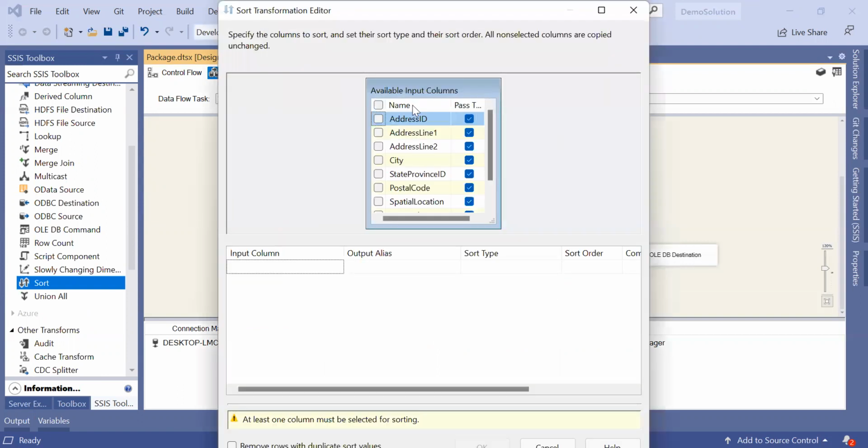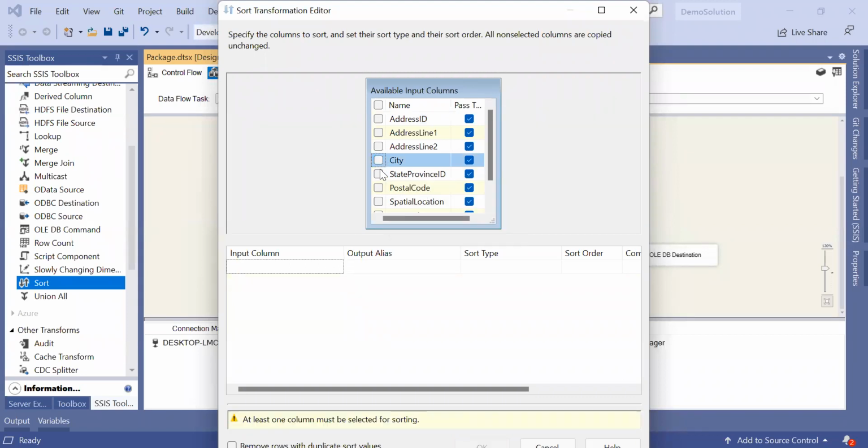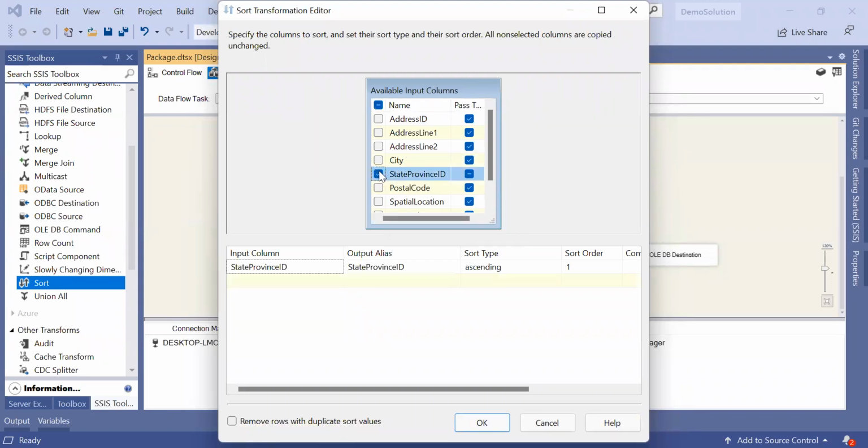The available input columns are all these. How you want to sort is what we define in here. So I want to sort my data on the basis of my city. So I'll select city. Before that, I'd like to go with state and city. So all states will be grouped and then cities will be done. So sorting order,